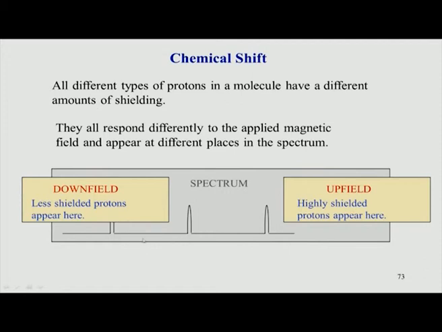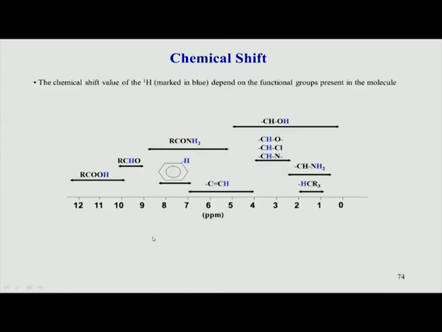If you look at the spectrum, the ppm starts at 0 somewhere here and goes from right to left. So, the ppm scale always goes like this. This is the higher ppm value, and as I go to the right side, it is a lower ppm value. So, the lower ppm value is denoted as upfield shifted, and the higher ppm value is denoted as downfield shifted. The chemical shifts you typically see for different functional groups come in this particular zone.